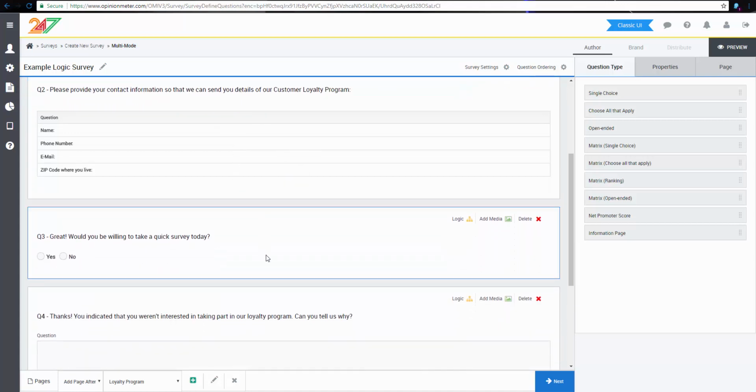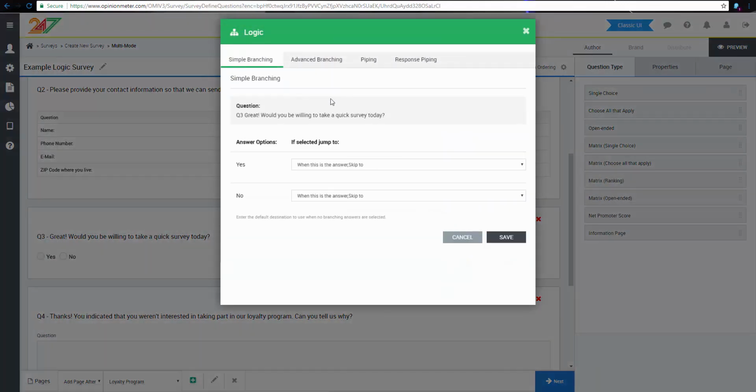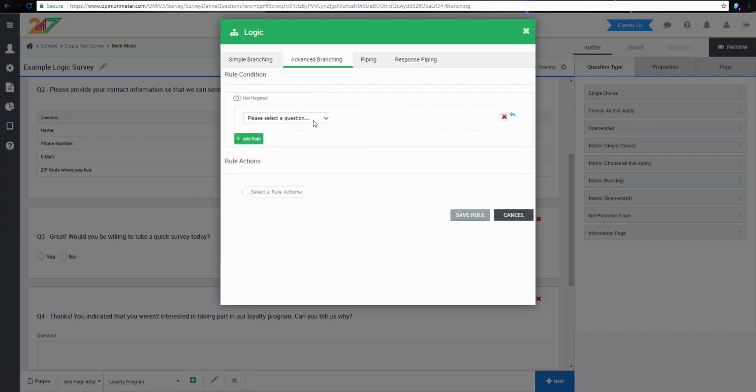Next, I'm going to go down to question 3, and again I'm going to click the logic menu. This time I'm going to use advanced branching logic. To do that, I'm going to select advanced branching at the top, and I'm going to select add rule. Next, I'm going to define the criteria of my rule. So first I'm going to say if their response to question 1 is exactly no and I'm not interested,